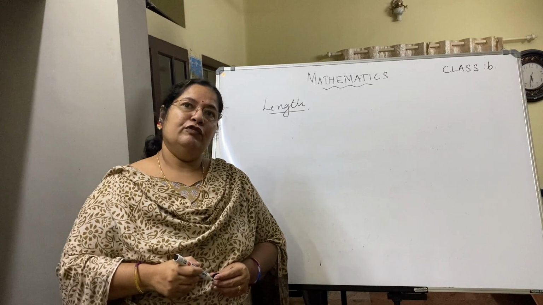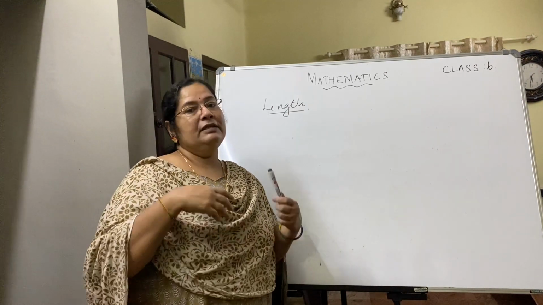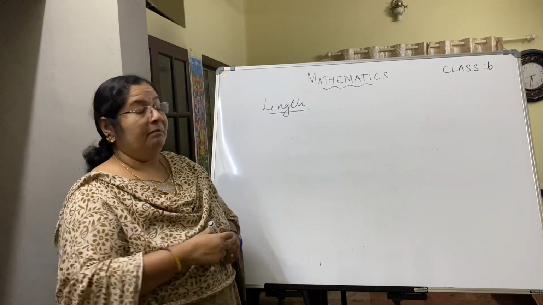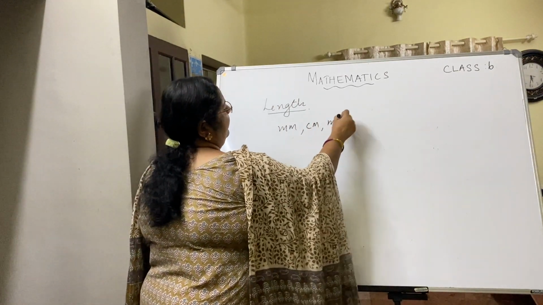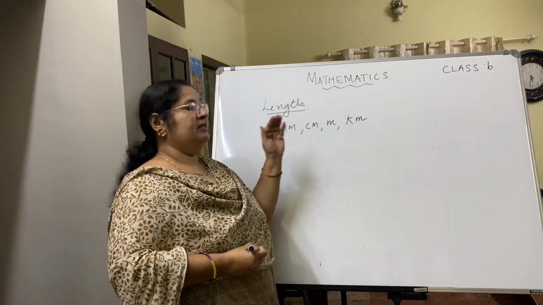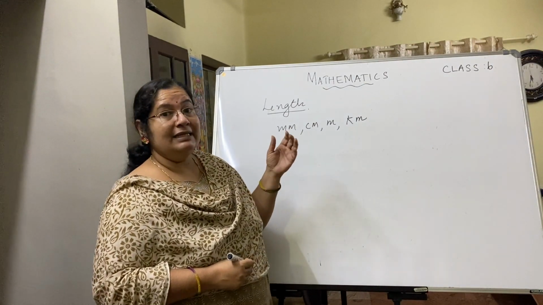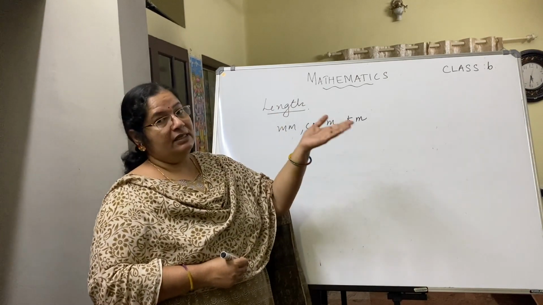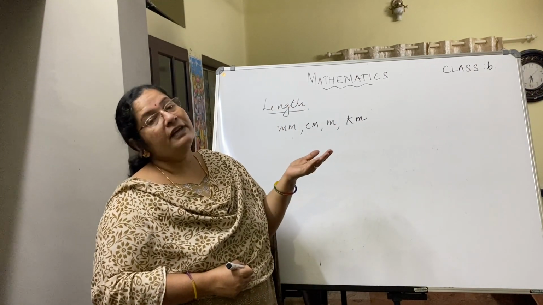Now we go for converting the units of length. How are we going to use decimals to represent the units of length? What are the basic units of length? We have millimeter, centimeter, meter and kilometer. You will find the relation between each and then try to convert. That is, you are going to write a smaller unit in terms of a bigger unit. Millimeter will be written in terms of centimeter, centimeter in terms of meter, and meter in terms of kilometer.